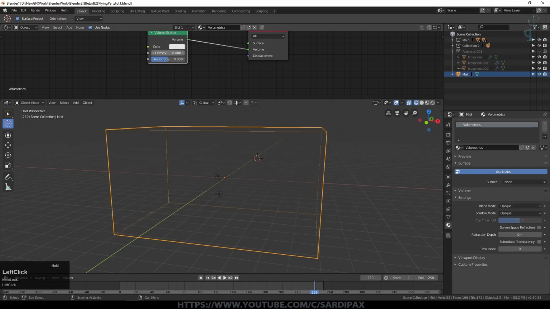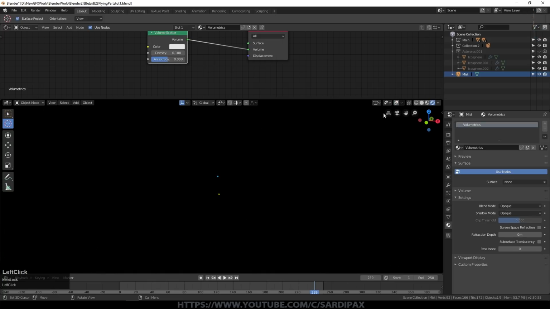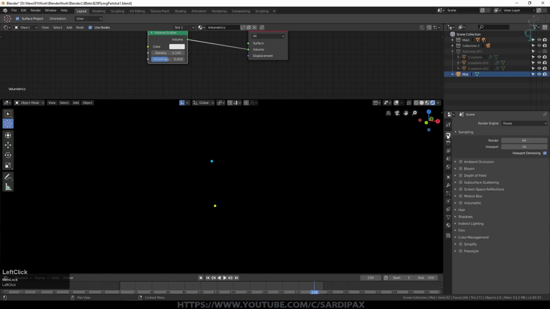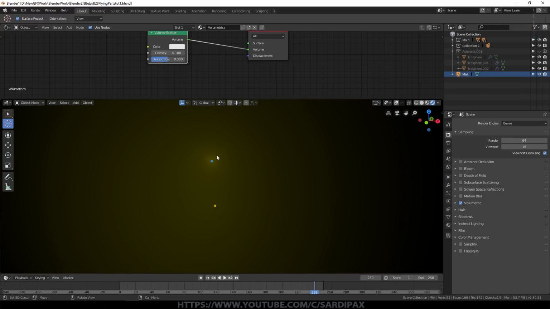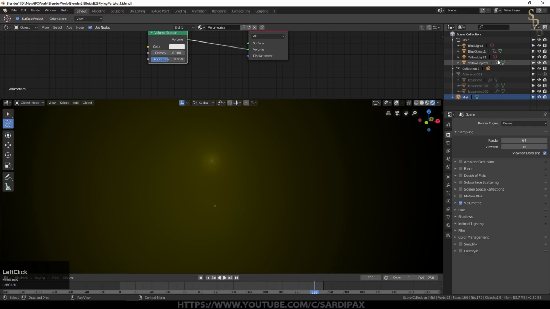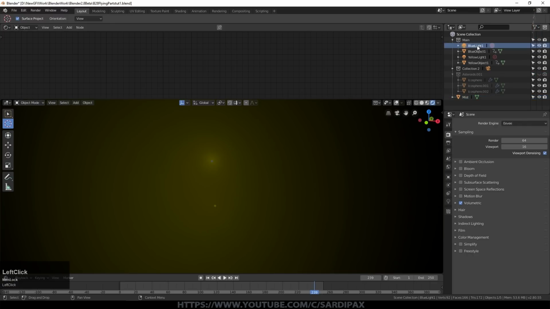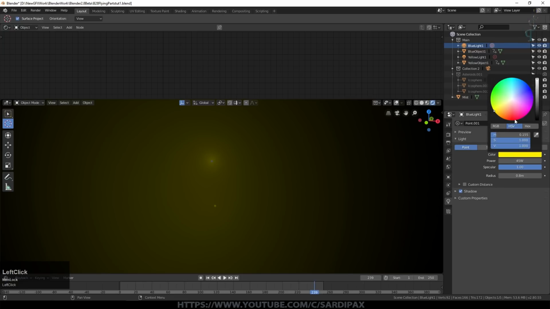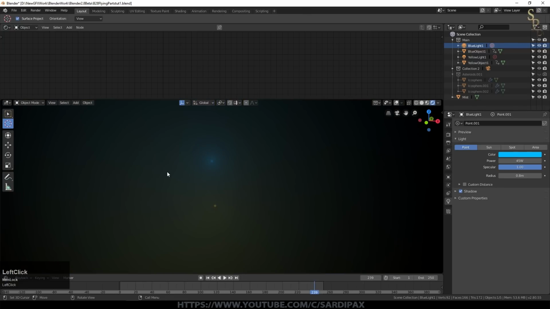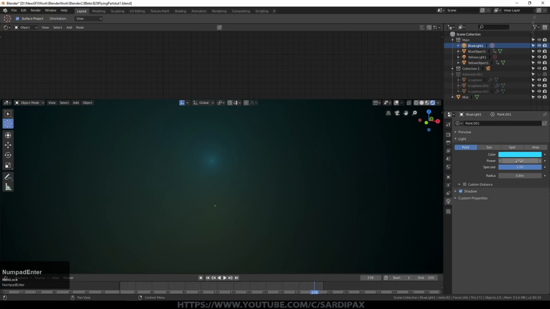And let's set the density down quite a bit. We go to Eevee render now and turn this off. You'll see no effect at the moment. If we come up to here and we turn on volumetric, now you can see we are getting an effect. And I realise that both the lights that I've got in the scene are yellow. So if I come up to here and select my blue light, go to my lamp, change the colour to blue. There you go, you can see it now. Perhaps a little lighter than that. I just put the strength up a little bit.